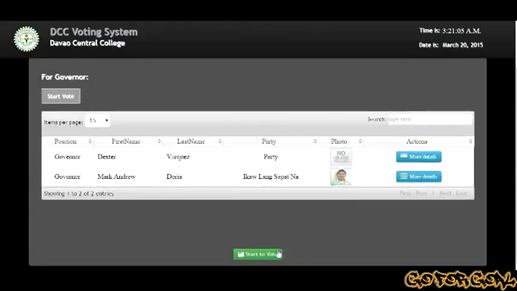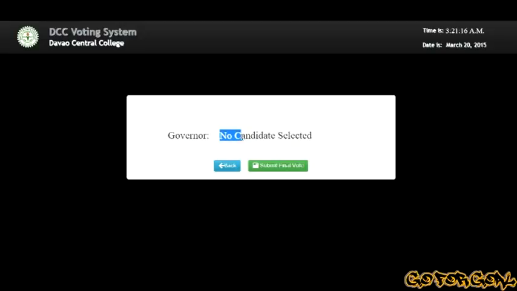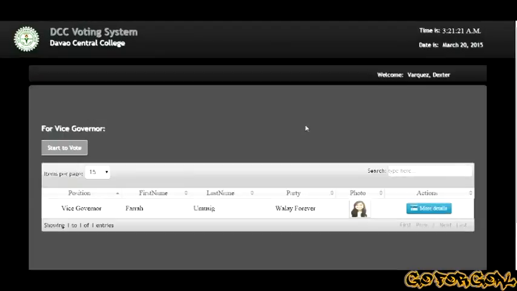The process here is to just click start vote, and if you don't want to select any of the candidates, just click no governor selected, and it will appear that there is no candidate selected, and click the submit button.